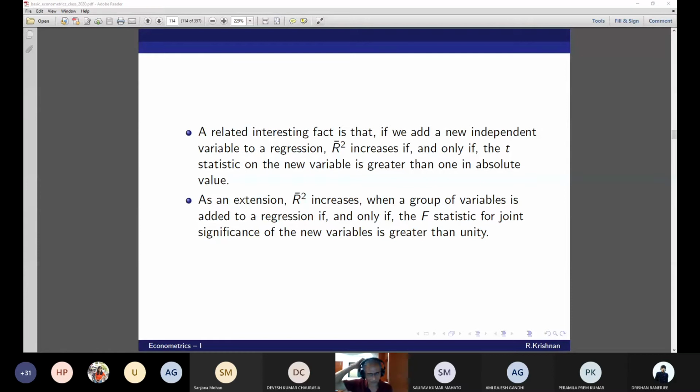It's jointly for the new variables, but taking the case of one variable, we can compare if that variable has improved the overall fit. You can do that by comparing the R square of the old regression with the R square of the new regression. That's also possible. Now we have to have a comparison of R square. I don't have the formula. There is a formula for that. How do you compare two R squares?